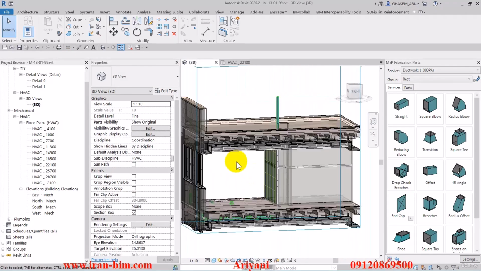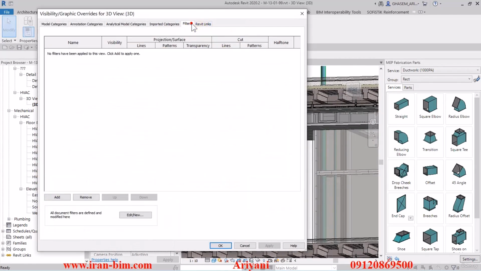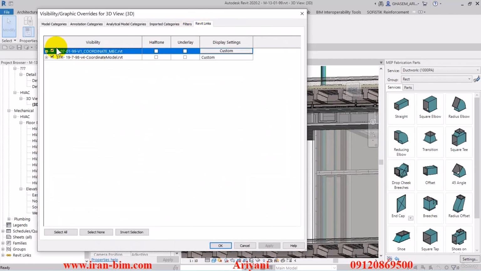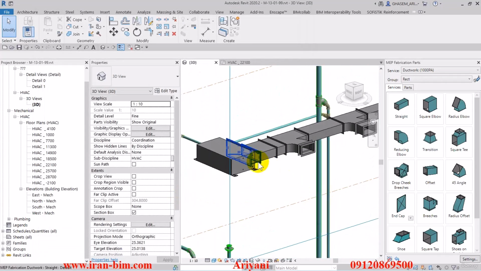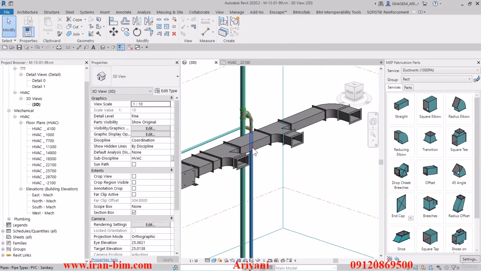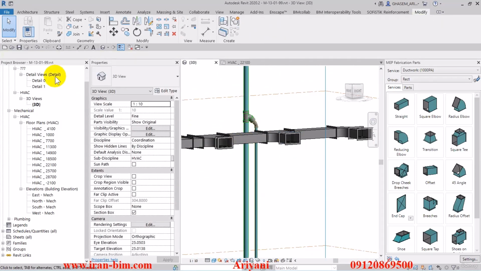Alright, so then I'll open up the visibility graphics menu, and from the Revit links tab, I'll uncheck two boxes for a moment and hit OK. Now we can see exactly how the duct of this part has shaped out. The modeling of ducts is super easy itself, especially if you're using the fabrication tool, which will help you